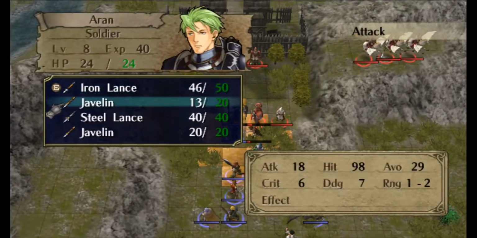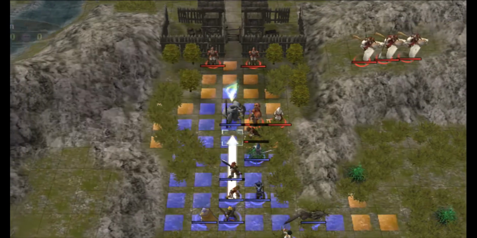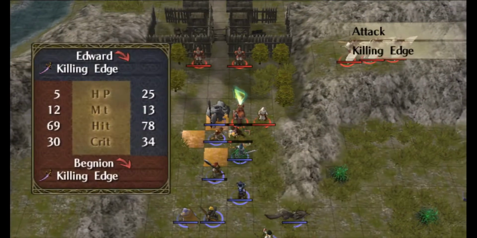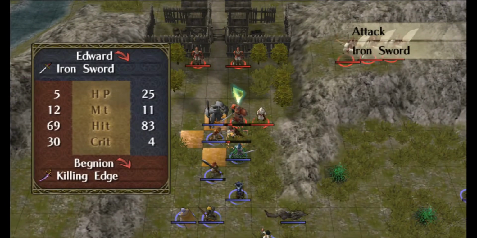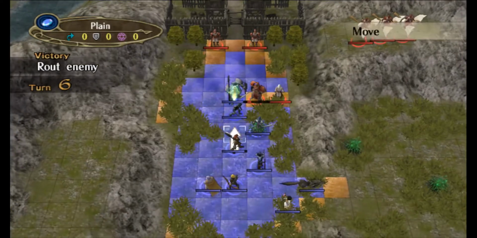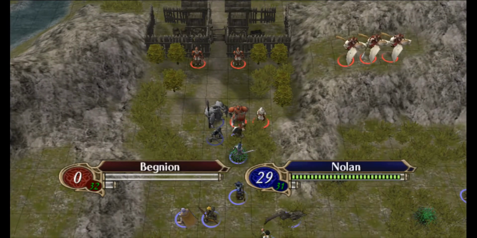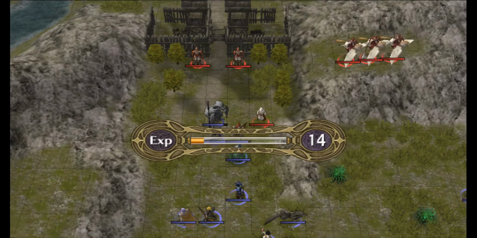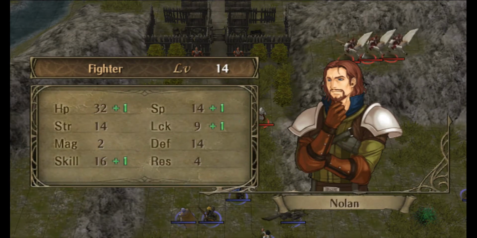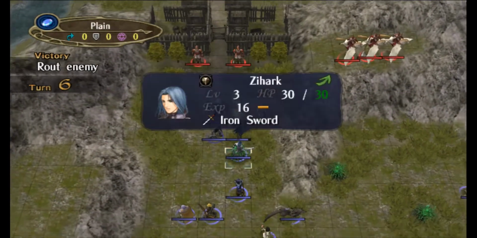I assume this will end in probable disaster. Yeah. That's actually not amazing. Neither is that. What, that? Nah. Bang. Speed. Alright. I'd like him to get that extra strength point so that he's not slowed down by the steel axes anymore, but...